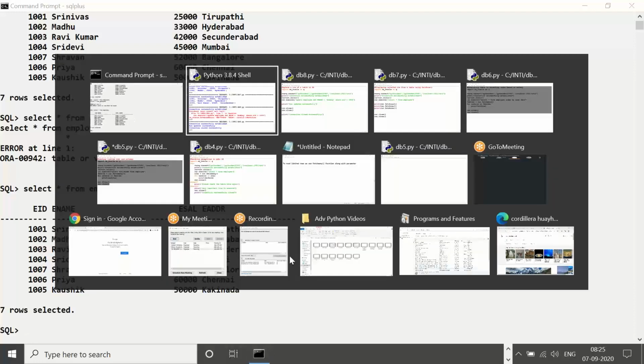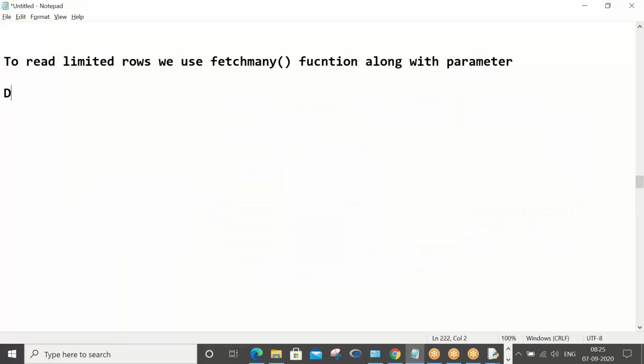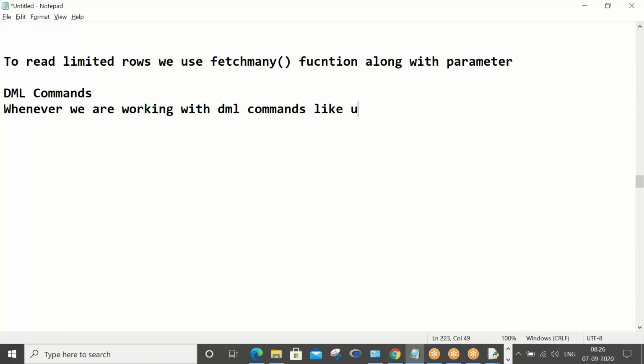See, learning is DML commands. Let's just write down one or two points. Whenever we are working with DML commands like update, delete, we also have to use the TCL command, that is commit.